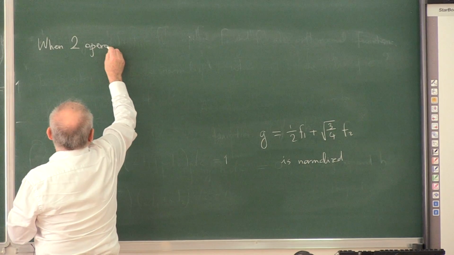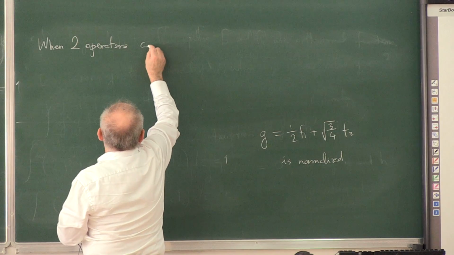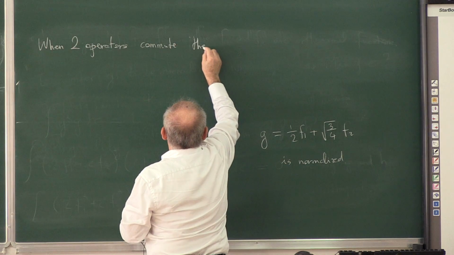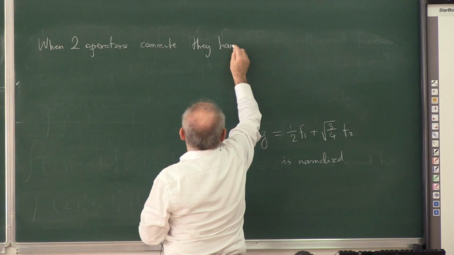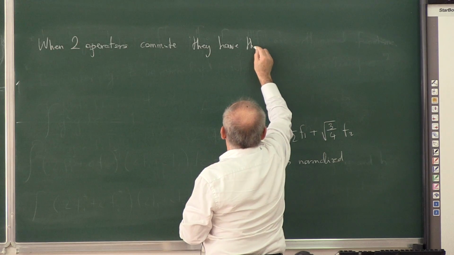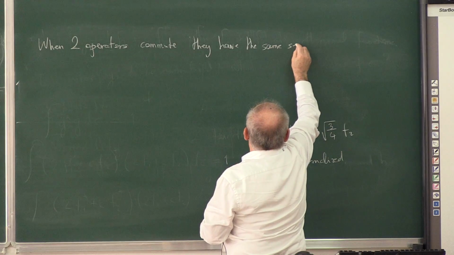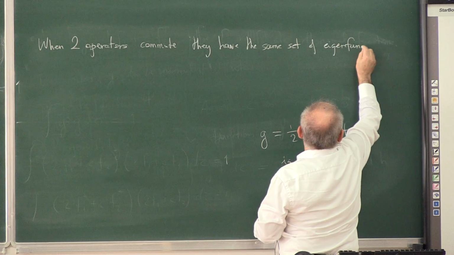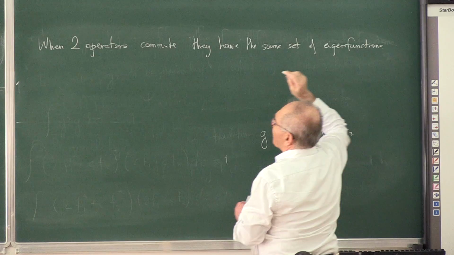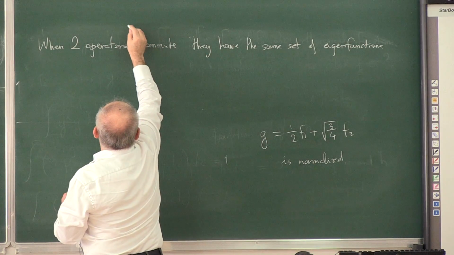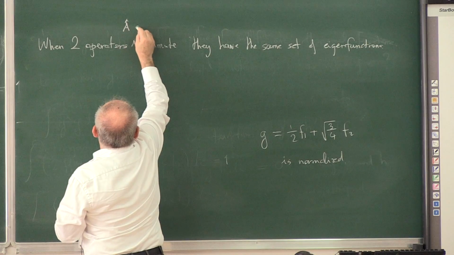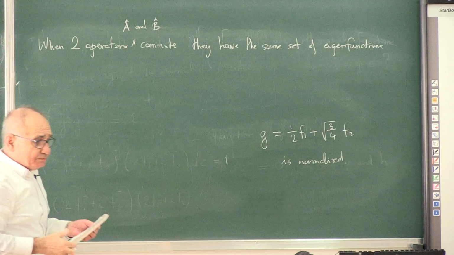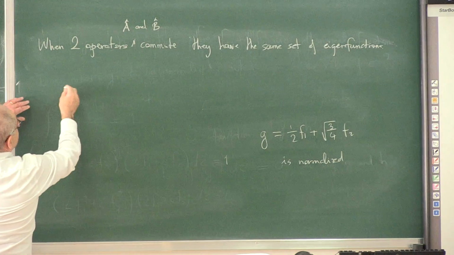When two operators commute, then they have the same set of eigenfunctions. Let us give symbols A operator and B operator. What does this mean? This means that suppose we have a function f,